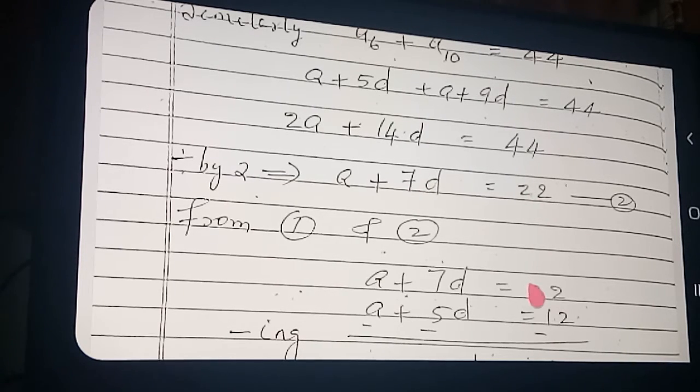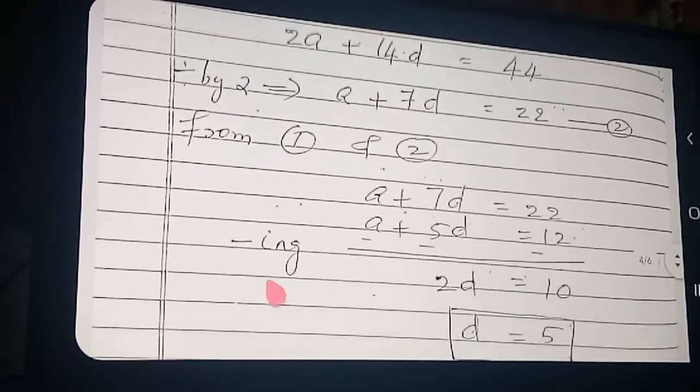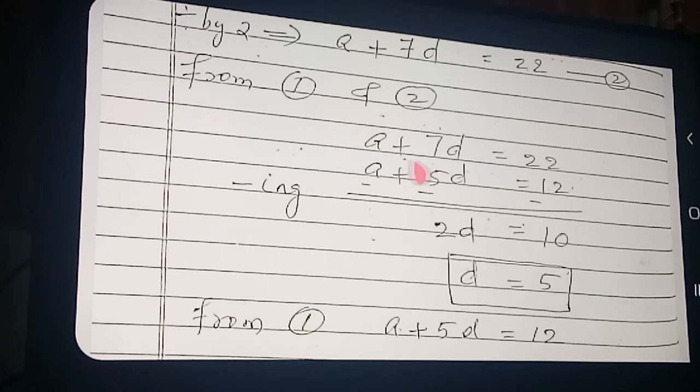So already you have written the first equation, and this first equation and second equation are to be solved. What's the first equation? A plus 5D is equal to 12. And what was the second equation? A plus 7D is equal to 22. Both the equations solved. See how solving? Subtracting the equation. A plus 7D is equal to 22, A plus 5D is equal to 12. Subtracting, change the sign. A minus A cancelling. 7D minus 5D is 2D. 22 minus 12 is 10. So D is equal to how much? Got 5. So you got the value of D.